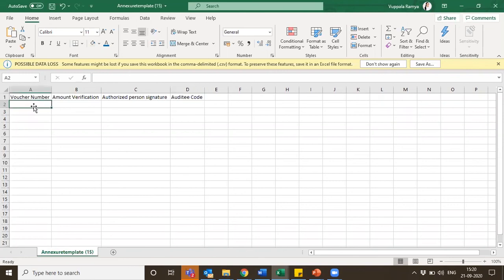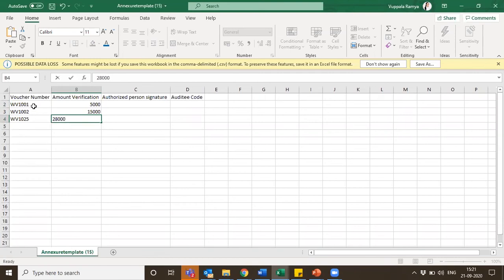I give the voucher number as WB1001, then WB1002. Like that I can give whatever numbers we need, and the amount, according to us, which is being verified would be something I'm just giving randomly here. I don't know who the authorized person is.